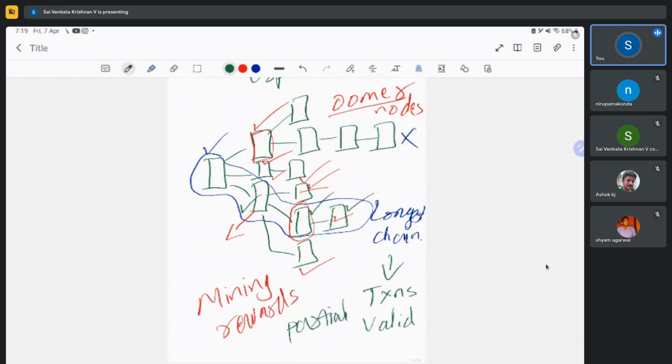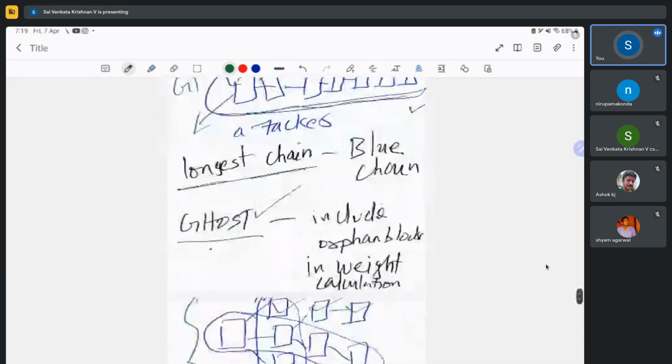So say the block reward is like 5 ether, then they will be getting like 1 ether each or something like that. So they will be getting partial rewards in order to incentivize the nodes that are forming these orphan blocks. And the reason behind this approach is to prevent this type of selfish